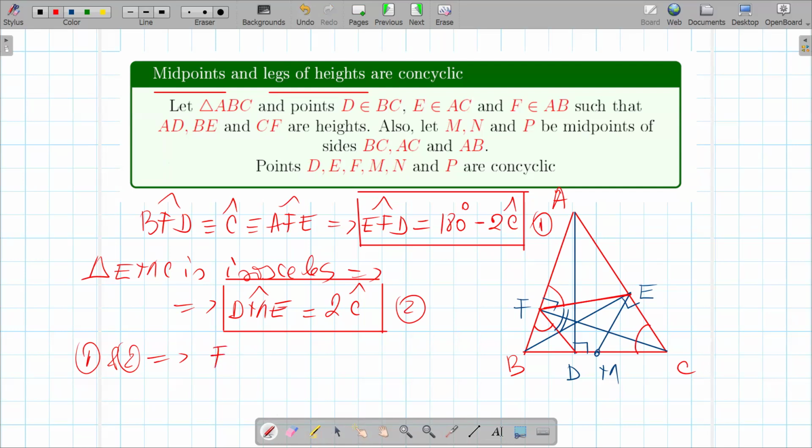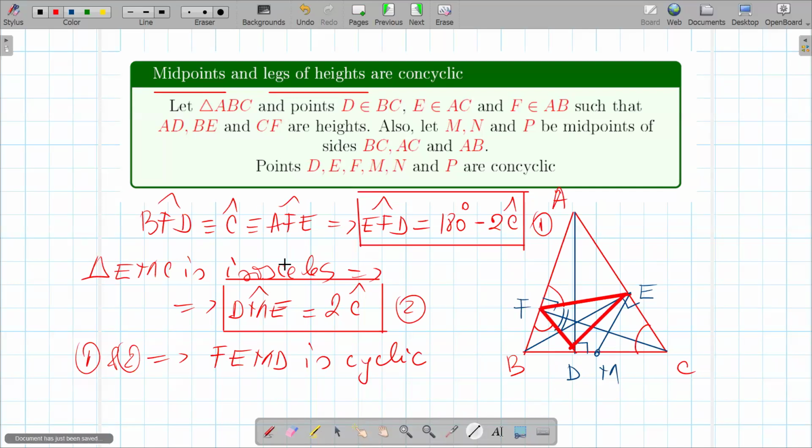So FEMD is cyclic, which means that we just figured out that given the orthic triangle FED,